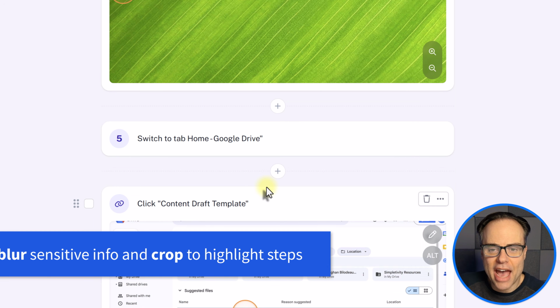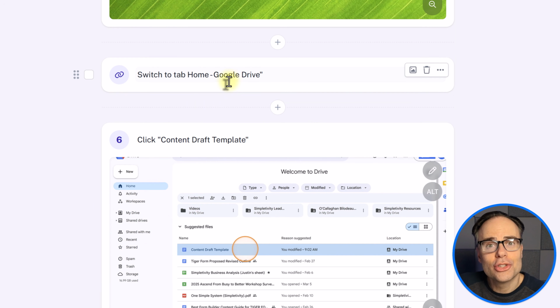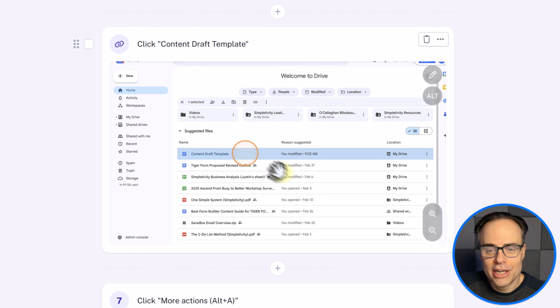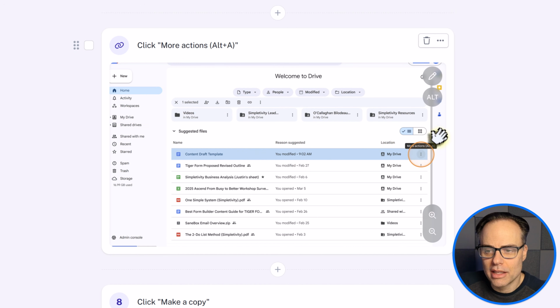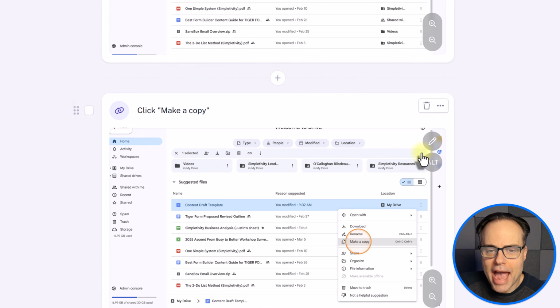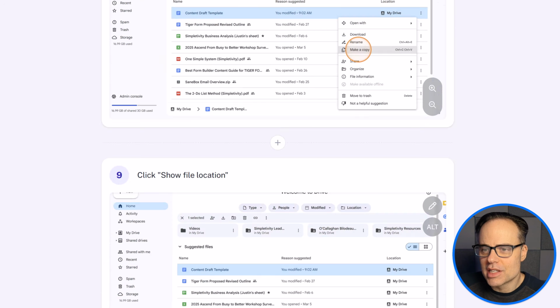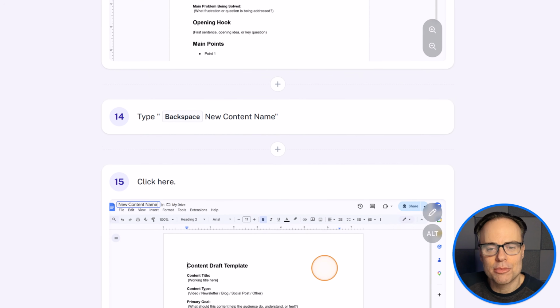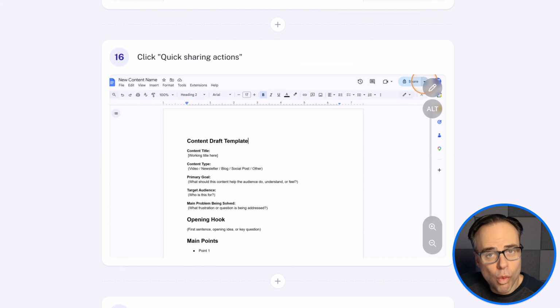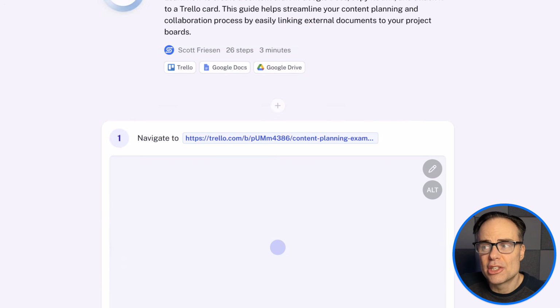I can select Add a Card and then switch to Google Drive. Here, again, it shows exactly where I clicked. Come over here to More Actions and select Make a Copy. So every single step along the way you can see has been captured. Every single one can be edited for more clarity, or you may even feel the need to remove some of